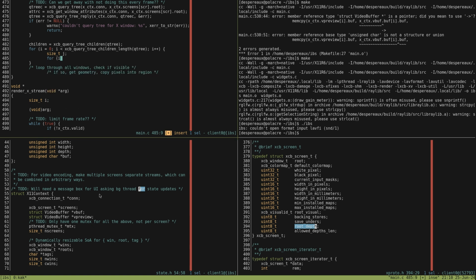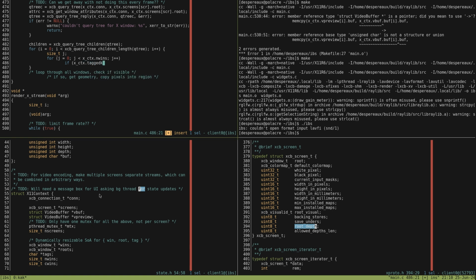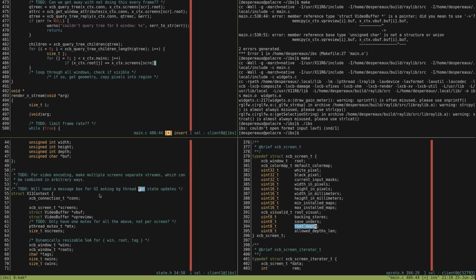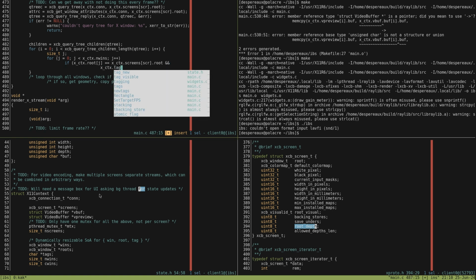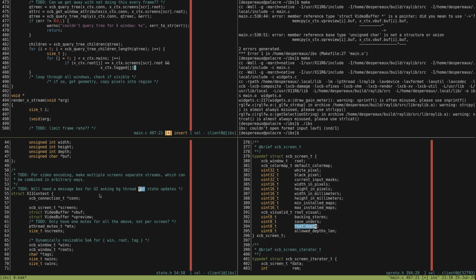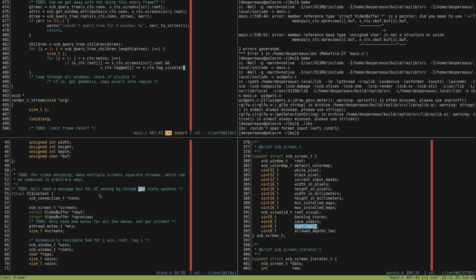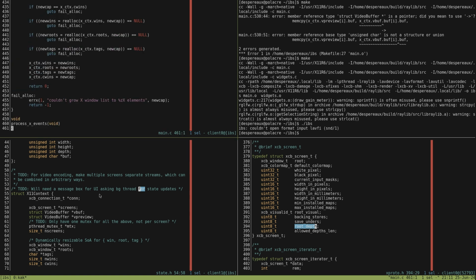Okay, so here we're going to, for j equals 0, j less than x context wins, j plus plus, if x context dot root j equals x context screens screen dot root, and x context dot tagged... what did I write for that function?